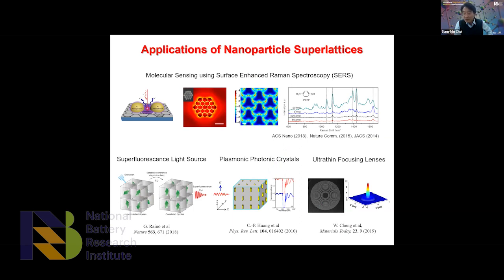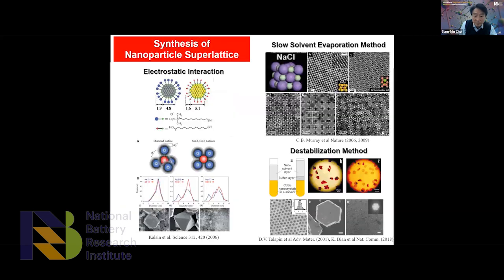Also, by properly patterning these nanoparticles, maybe a very thin, ultrathin focusing lens may also be prepared. But this is still at an early stage. So the coupling in nanoparticle superlattices is still under investigation. There will be very new opportunities. But the question is, how